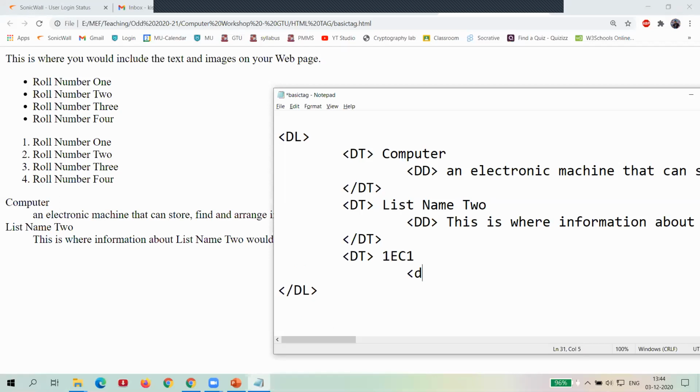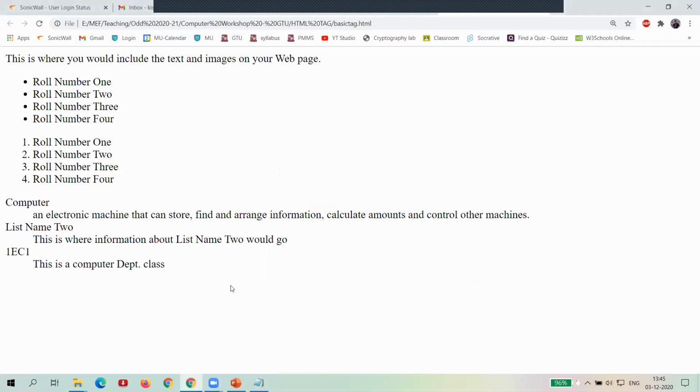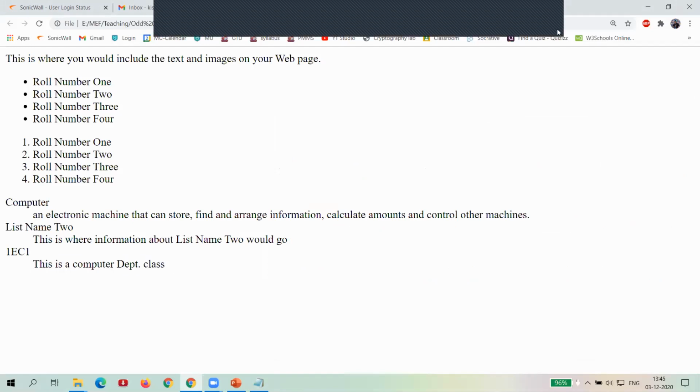Then after that I write a DD for the description. I write: this is a computer department class. Now we can see the topic is C1 and the description is this is a computer department class, where you can add more detail also.